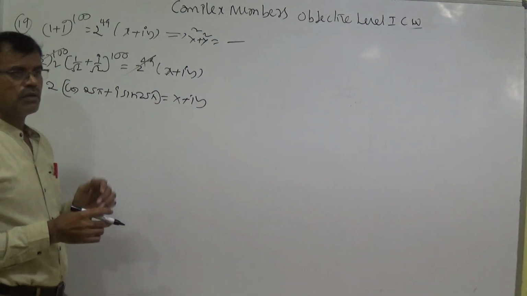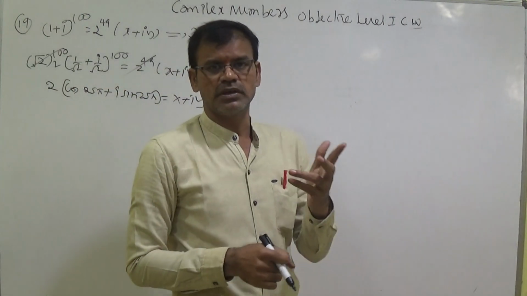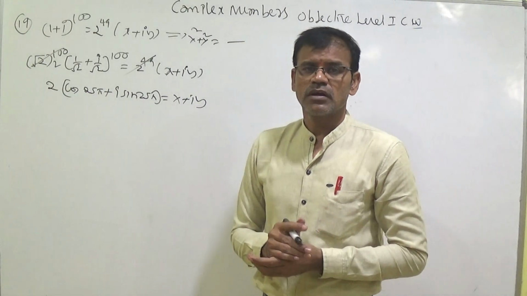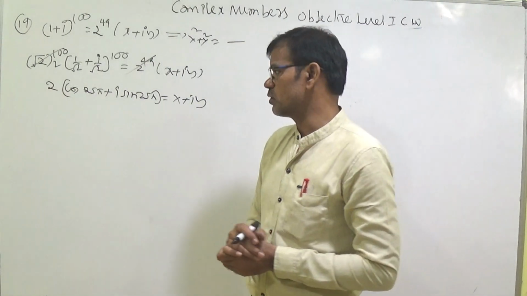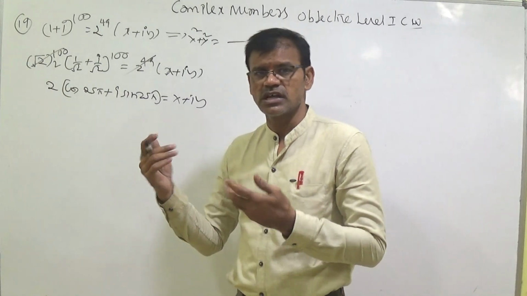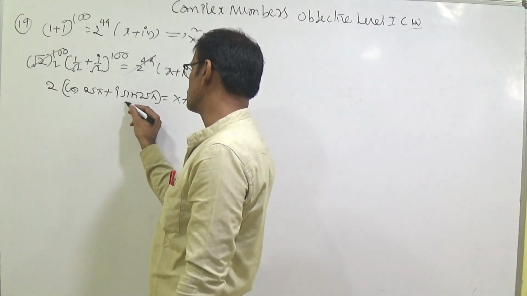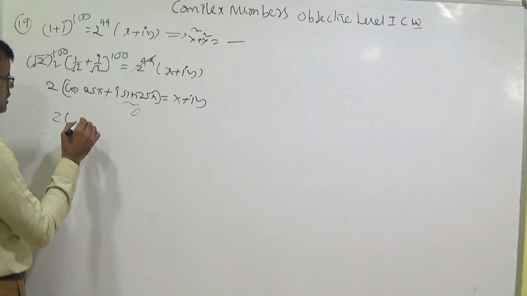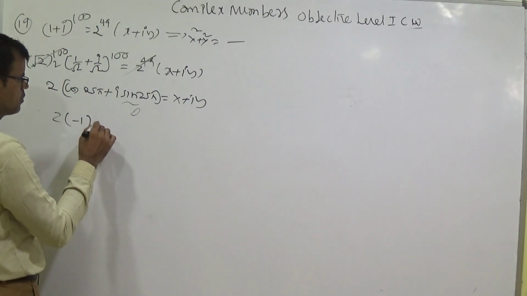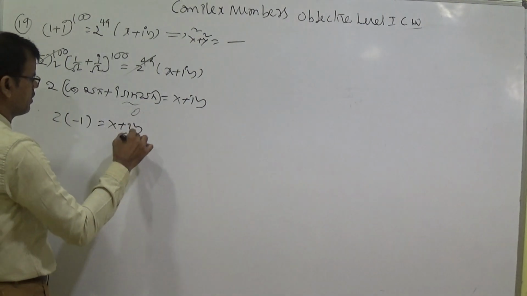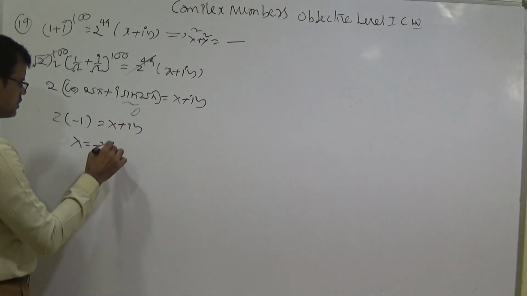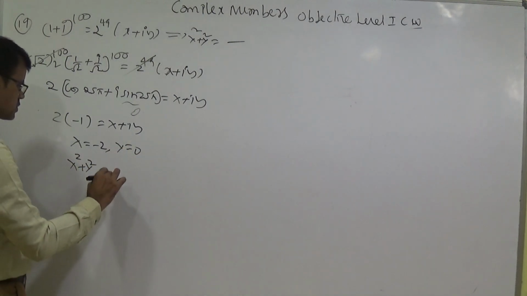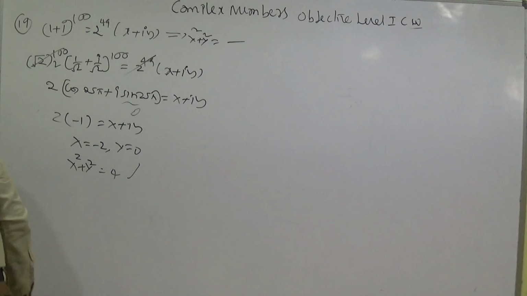We know that an odd multiple of pi gives cos pi equal to minus 1, of course you can understand 24 pi plus pi. 24 means it is nothing but 0, so only cos pi. Of course sin pi equal to 0, so this is 0. Now write like this, 2 into cos 25 pi is minus 1 plus 0. So x plus iy: x is equal to minus 2 and y is equal to 0. He is asking the value of x square plus y square, which is 4.